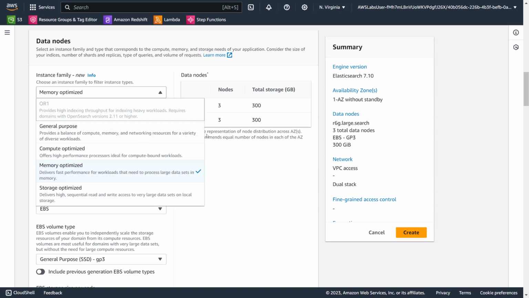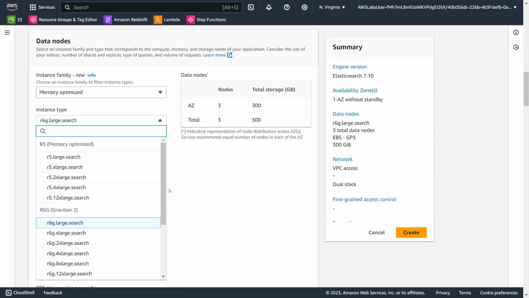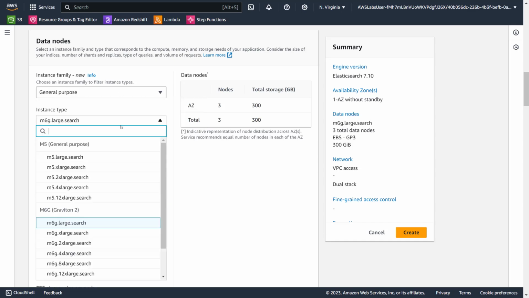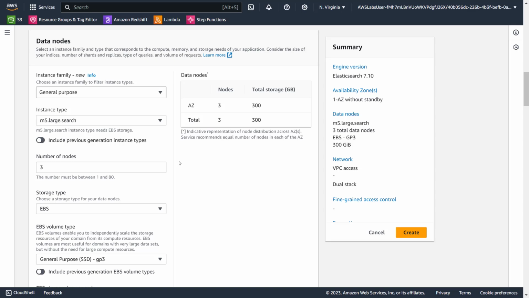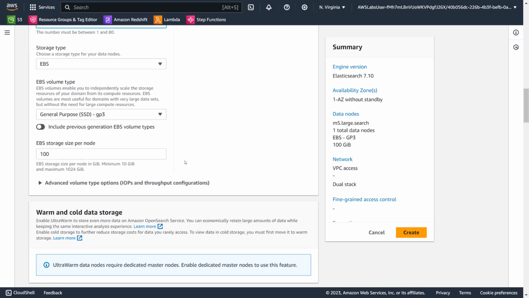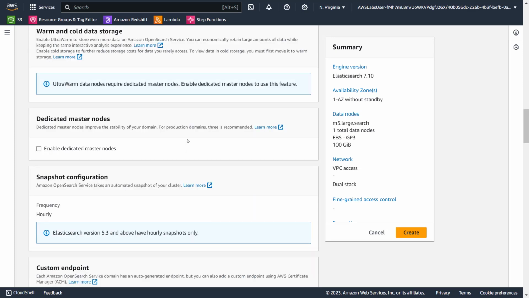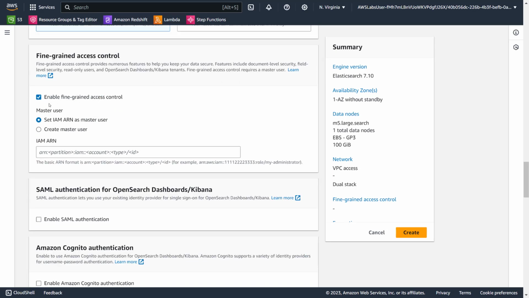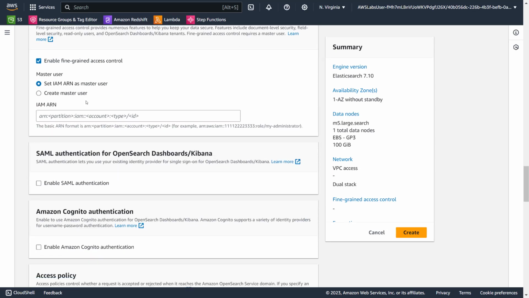And I think they showed us to select, I don't think it's memory optimized. I think they select M5 large. I think this is what they told us. Number of nodes 1. And one thing, yeah, network, they select public access, enable fine grained,